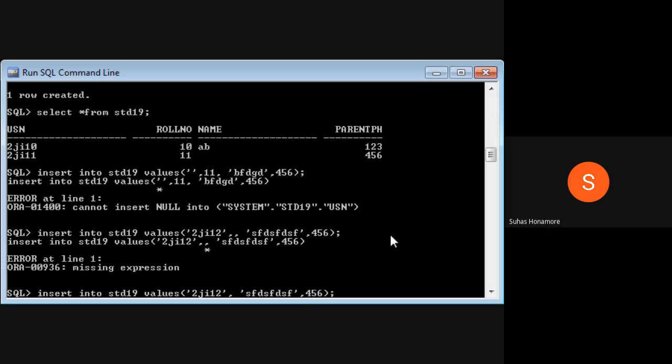Same teacher value. So here what to mention, name,